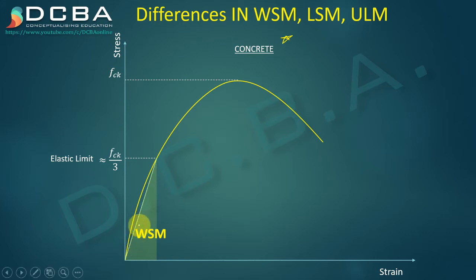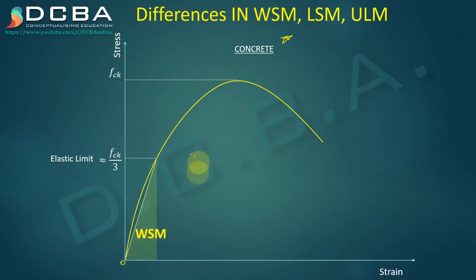I hope you have studied that the area under the stress strain curve is nothing but the strain energy. It is the energy given by that material, or the energy utilized of that material. So you see that in WSM we are utilizing this much energy. And since we have considered it to be linear, we are not even taking into consideration the curve. We are directly joining the point of zero strain to this point of elasticity within which the stresses are elastic, with a straight line. So WSM is a triangle.